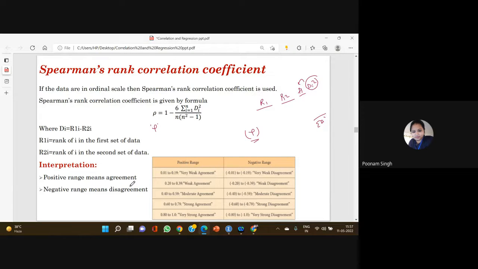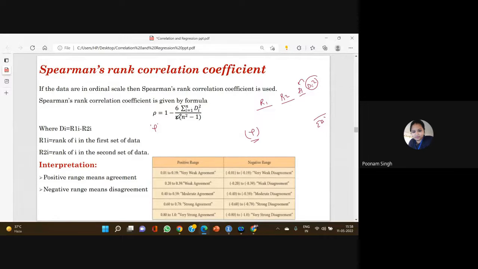This is because Spearman correlation coefficient is used for subjective data, for example, competition scores. As I've told you, we rank the data from low to high or high to low and assign ranks to that data. If the ranks are given, then it is far better. If the ranks are not given, then we assign the ranks from high to low or low to high. After assigning the ranks, we apply this formula, and Spearman rank correlation coefficient tells you the